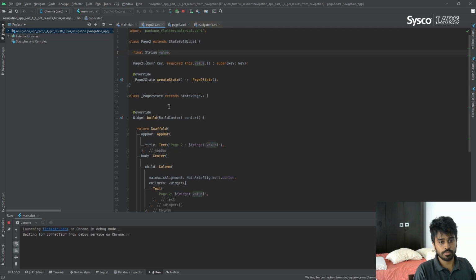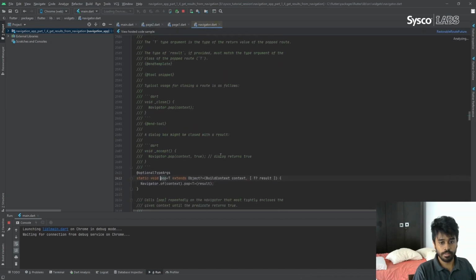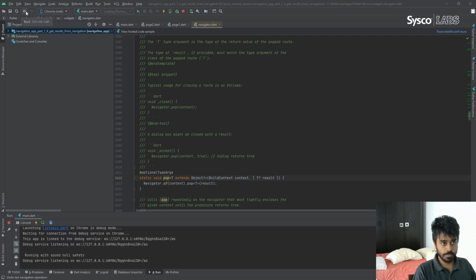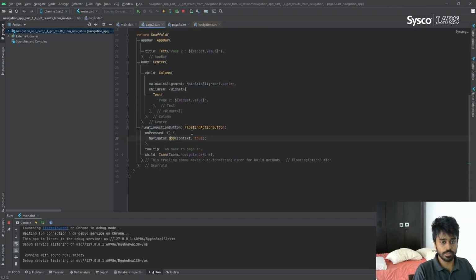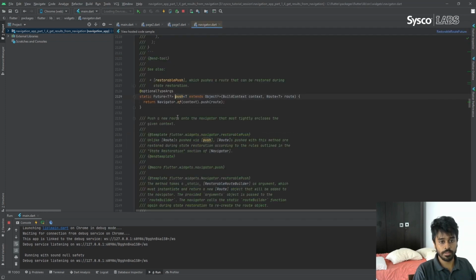Now in page 2, I am using the same pop method, but I'm passing another value, which is a boolean value. So I want to return a boolean value to page 1. So you can use this pop method, and then you can pass any results to your previous page using this method. In page 1, if you go to this push method, you'll see that it returns a Future type object.